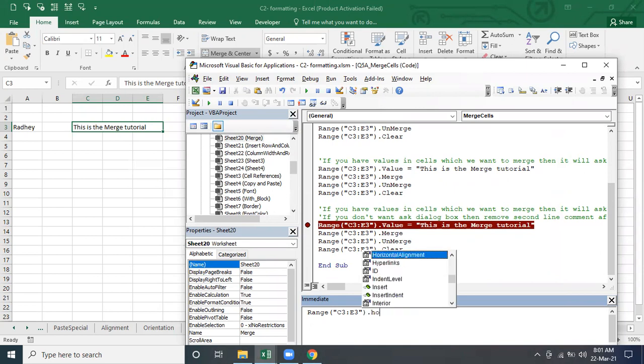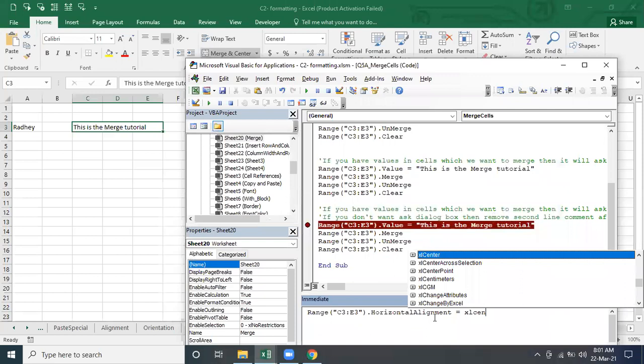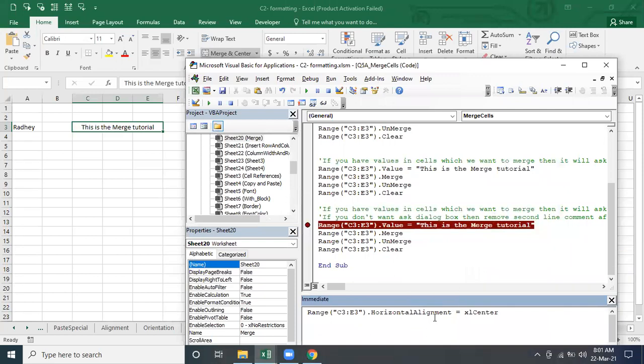Horizontal alignment. Don't forget, just now I covered it, right? Excel center. If you really want to do it, then what you can do? Excel center. That's it. Merge and center. To merge and center, you have to do it explicitly. If that merge and center option is not available, then explicitly you have to work with the merge and center options. Done? Got it. Okay, yeah.